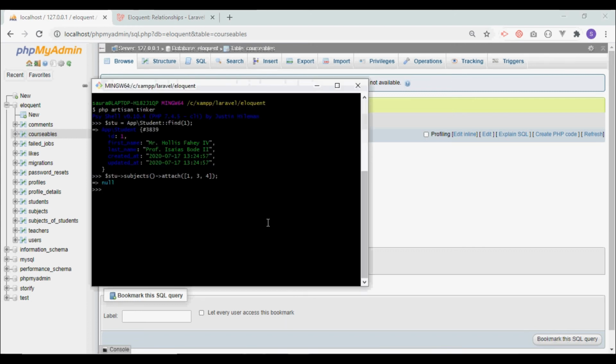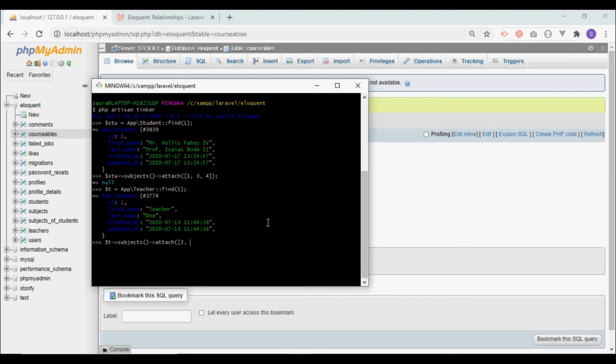We can do the same for teacher. We are going to fetch a teacher, and we can link subjects to this teacher using attach method.